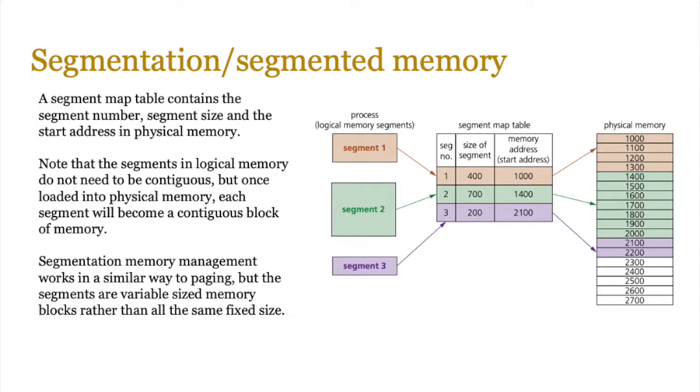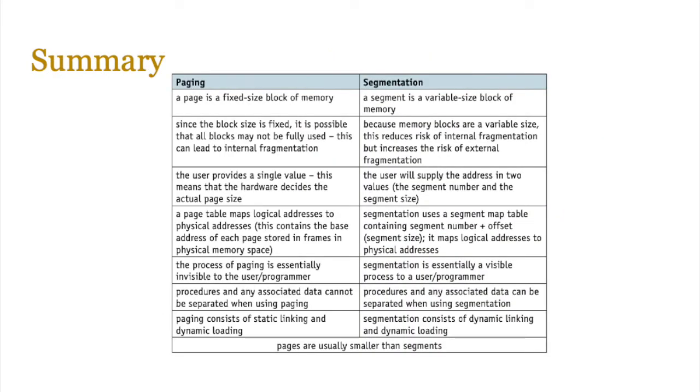Physical memory ends up becoming contiguous rather than fragmented. And that's the benefit of using segmentation in a way. Otherwise, it works exactly like paging. It's just a different way of organizing and mapping memory. Now, summarizing paging and segmentation will allow you to see the differences and in a way see how similar they